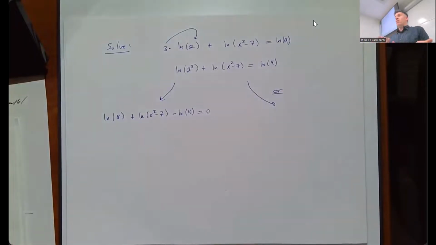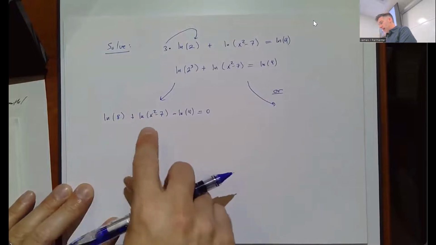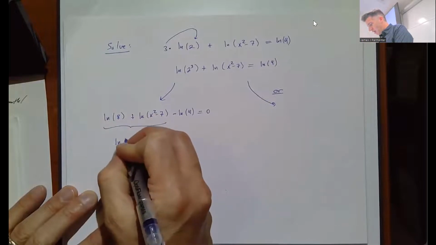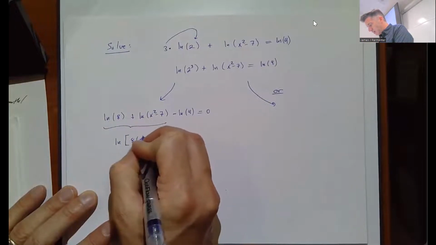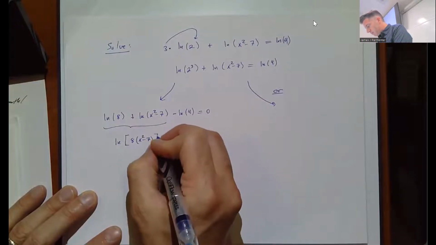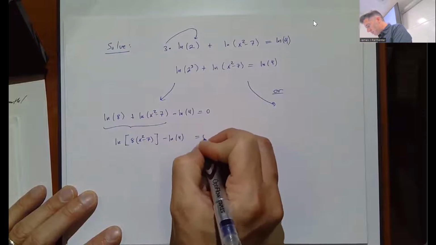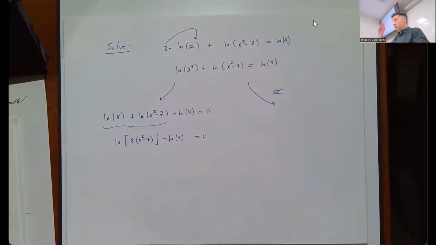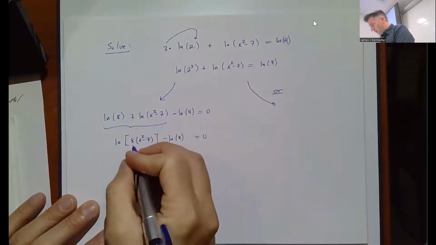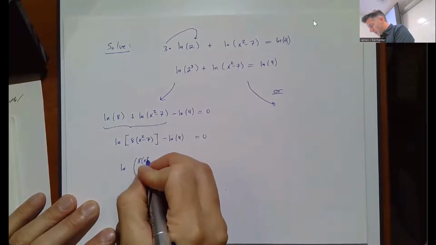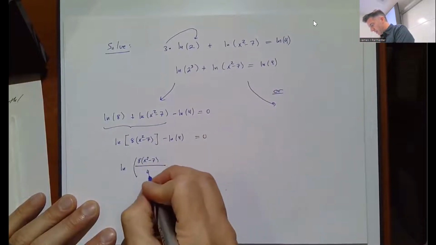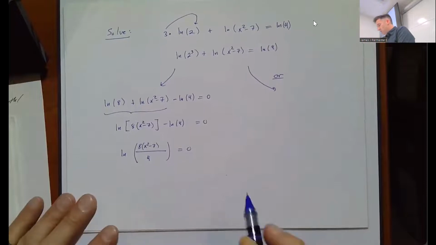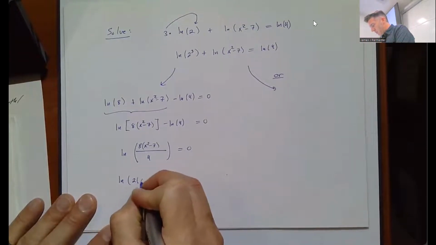So now I'm going to condense this into one logarithm. These 2 pieces added together, we multiply the inside parts. So this part here becomes the natural log of 8 times x squared minus 7, still minus the natural log of 4, equal to 0. And then we can condense these 2 logarithms into one logarithm with a quotient. So this is going to be the natural log of the first stuff, 8 times x squared minus 7, divided by the second stuff. Now we can totally simplify that inside a little bit because 8 divided by 4 is just 2. So I can write this as the natural log of 2 times x squared minus 7